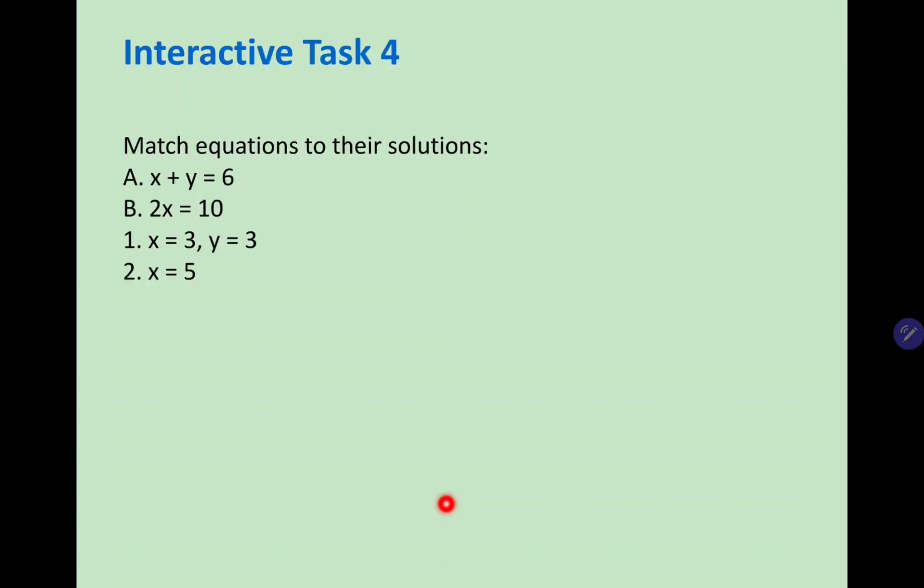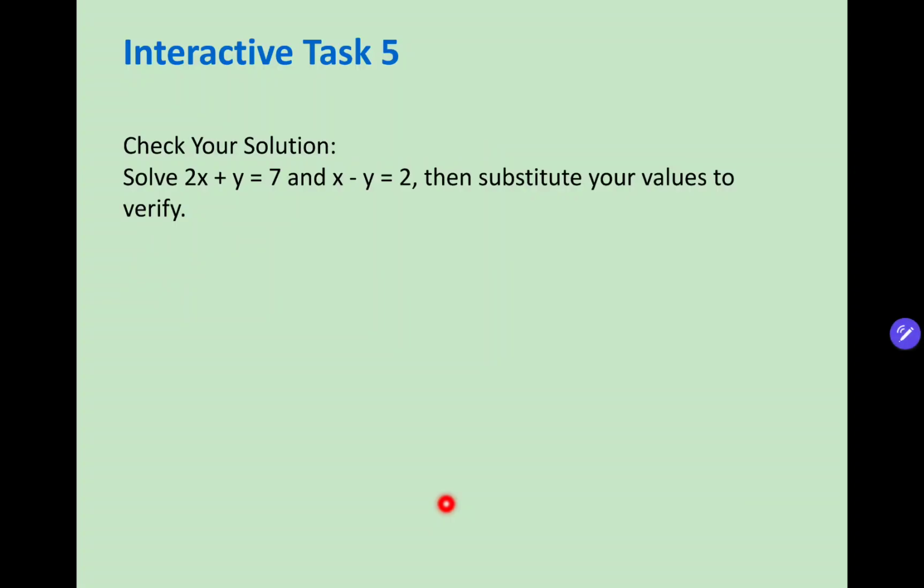Match equations to their solutions. You have equation A and equation B, so you match it to the solutions here, 1 and 2. Check your solutions. Solve 2x plus y is equal to 7 and x minus y is equal to 2. Then substitute your values to verify. Okay,